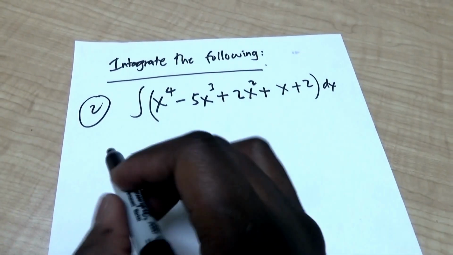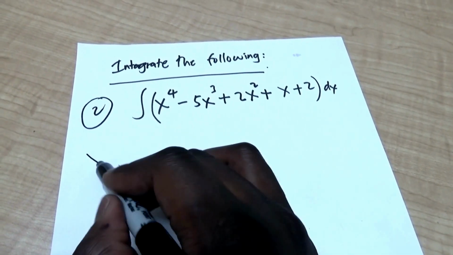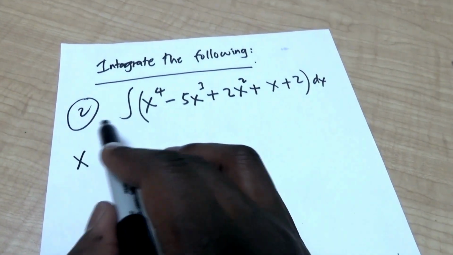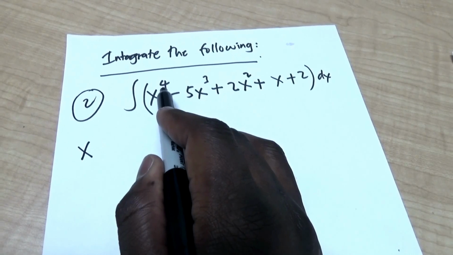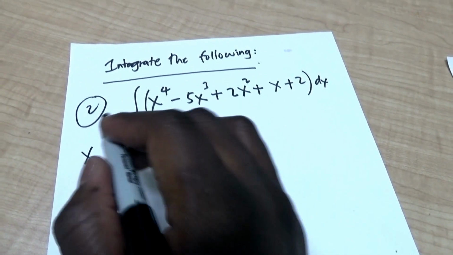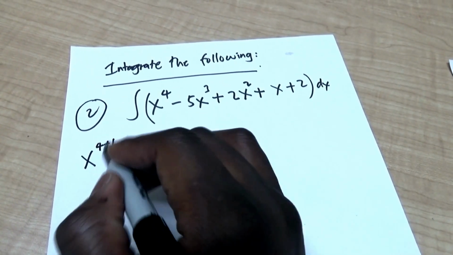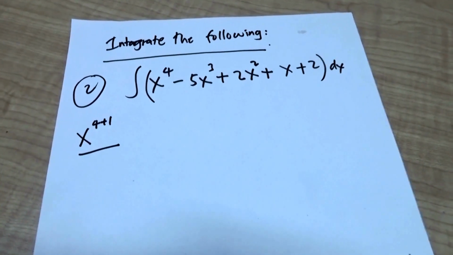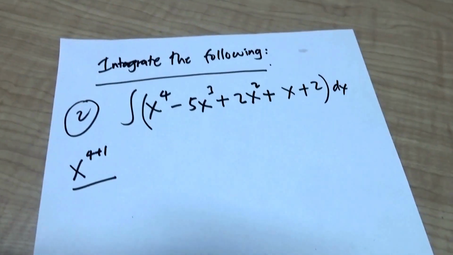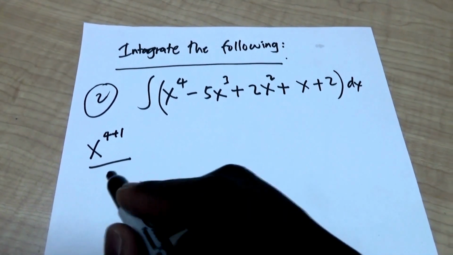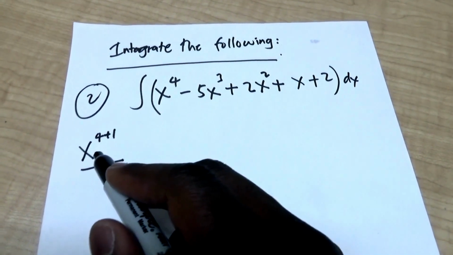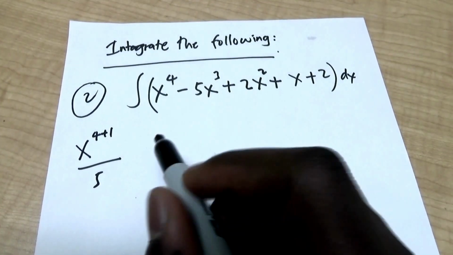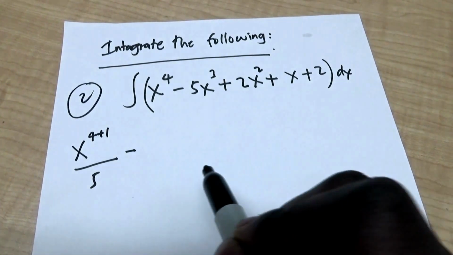So my first term is an x to the 4, so integrating that will be x. Then my n is a 4 this time, so I'm just gonna take a 4 plus 1. Okay, just add a 1 in front of your power. All right, and then again divide by the overall power, which in this case is 4 plus 1, which gives me a 5. All right, minus